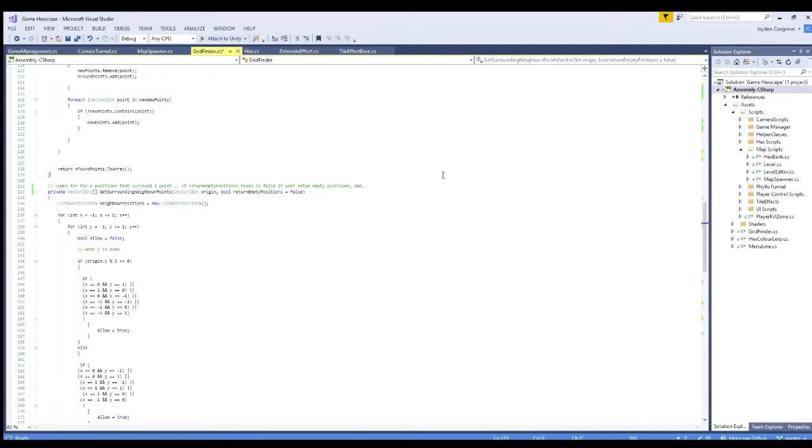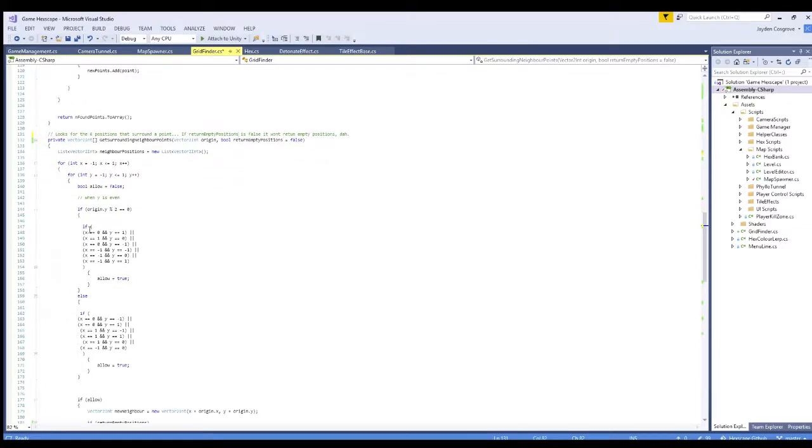So essentially, if the empty position hex is false, it won't return empty positions. It's pretty simple, but that means this is like the rules. It'll look for a hex at its position plus 0 and its position plus y equals 1. These are all for when, because it's a hex grid, depending on if y is even or odd, it'll have to look for different things, because hex grids are